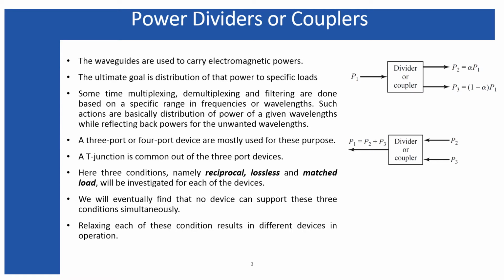In my previous lectures, we have seen that waveguides are generally used to carry power through a straight path and finally deliver it to a particular load. In general, while dealing with a practical microwave network circuit, we may require the power to be delivered to different loads. Therefore we need power dividers. There will be a main source, and the power from the main source will be divided and finally delivered to different loads within the network.